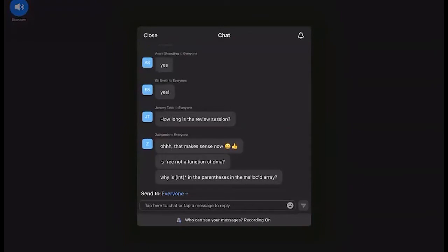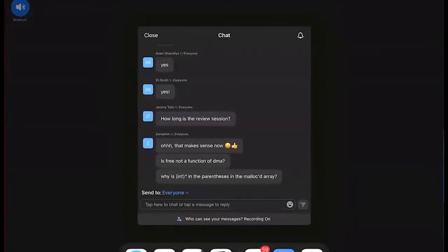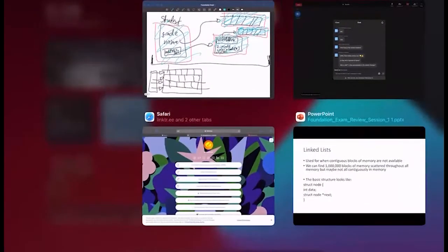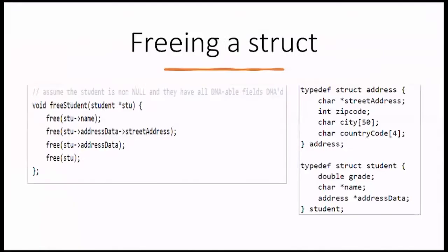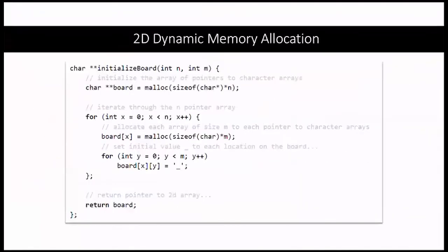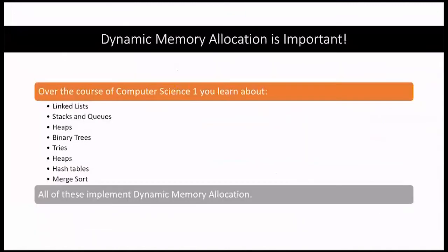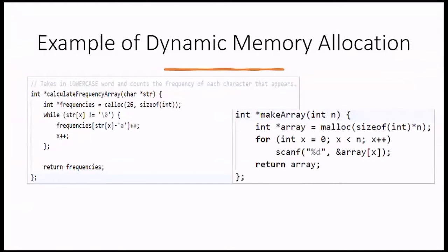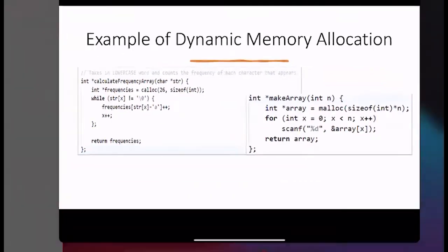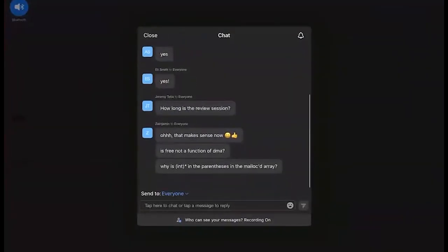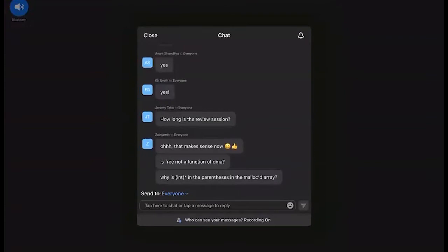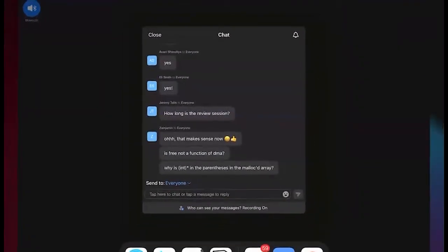Is free not a function of DMA? Why is the star in parentheses in the malloc array? So, parentheses in the malloc array. Let me go back to the example. If you don't mind, can you tell me when that was? Because I just saw it right now. The star in the array of, I think it had to have been here. Star in the parentheses of the malloc array. Okay,